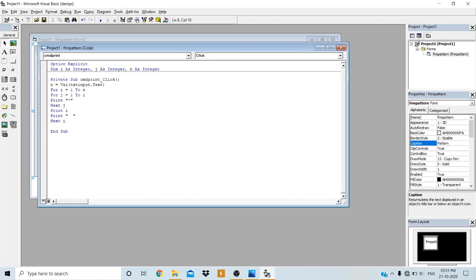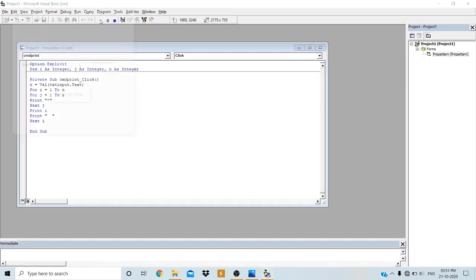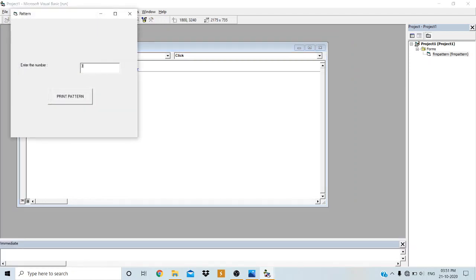If I delete this semicolon, you can observe the output for 3. See, first a star is printed, then the next line, then again star, star, and again the next line, and the 2 is there.